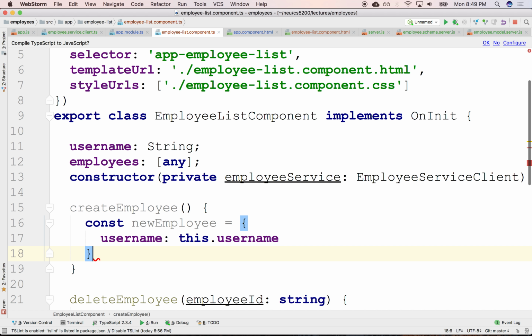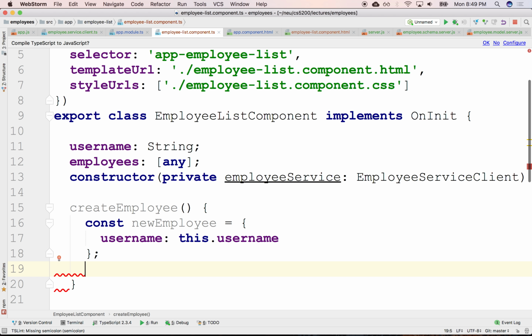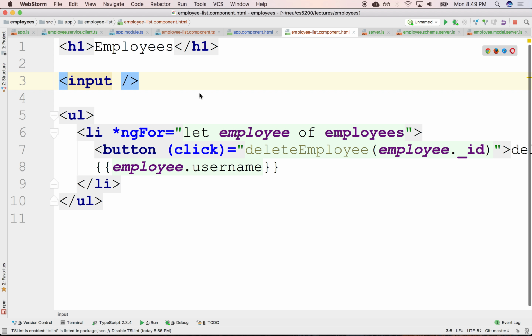And then we would like to send that over to the service, right? But we don't have that yet. So let's right now just do a console.log of the new employee. Okay. All right. So here let's do an input field, and we're gonna tie the